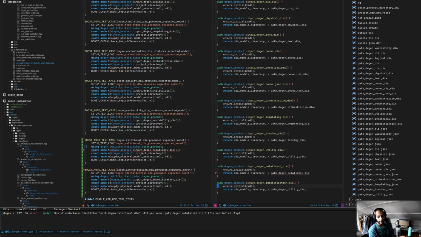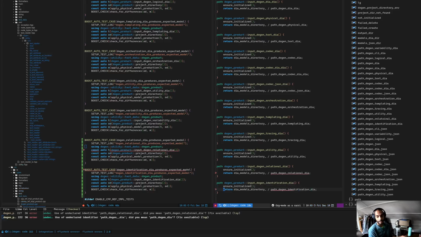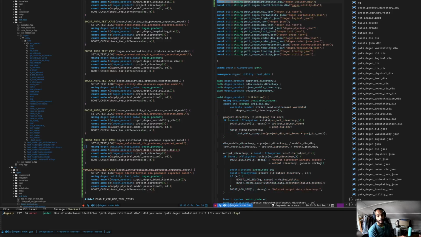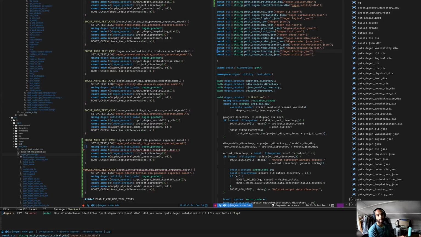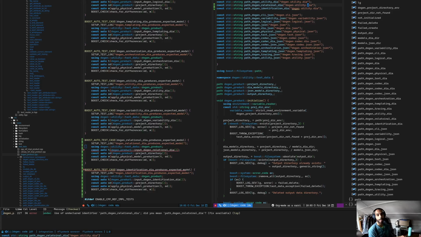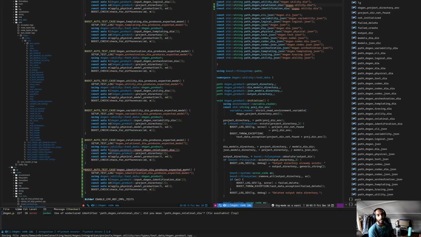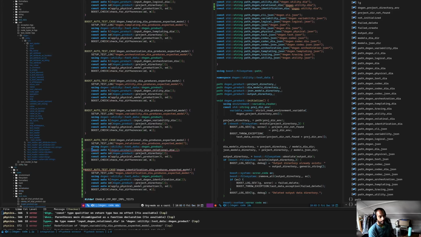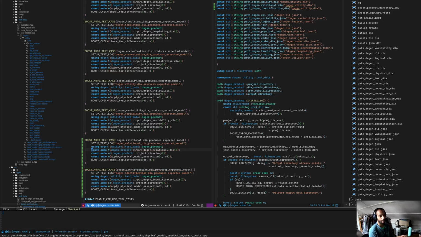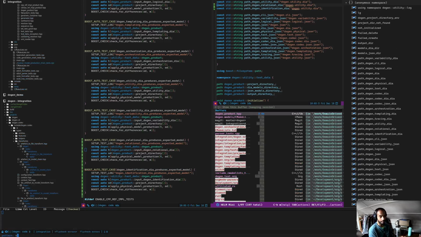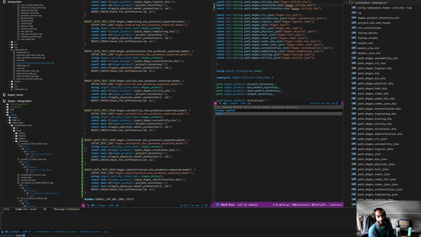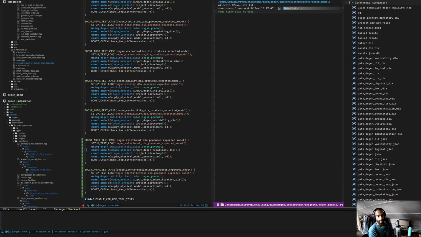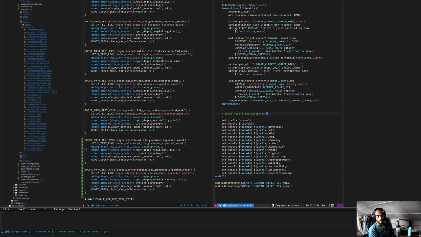not entirely sure why that's failing. Path Dogen relational.dia. That sounds about right. Oh, did we forget to copy and paste? No, we just not spell relational. Right, so hopefully this will make this guy happier, and then we can return to our CMake file, look for dia,